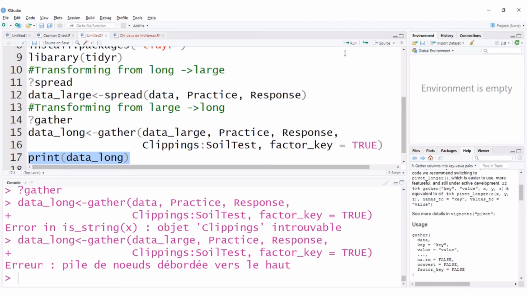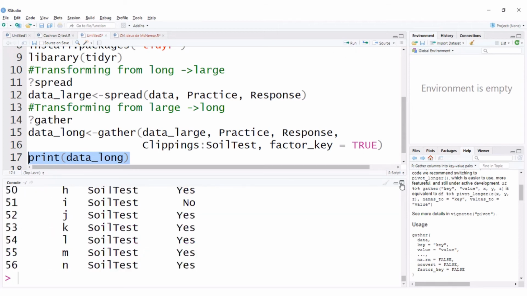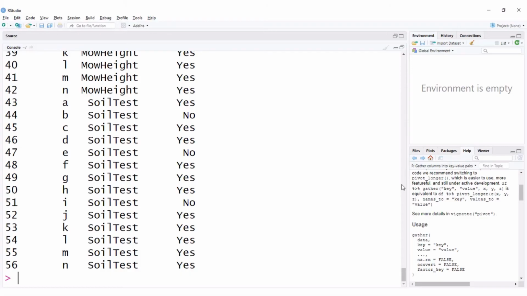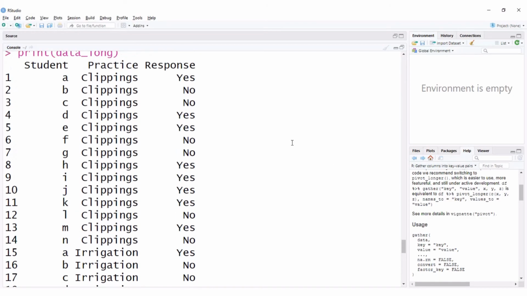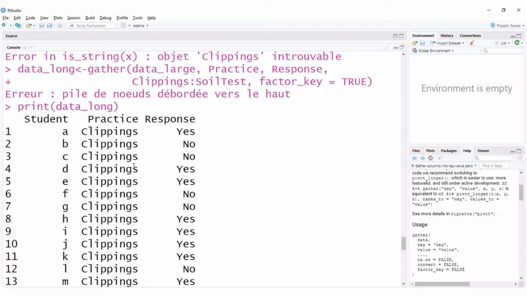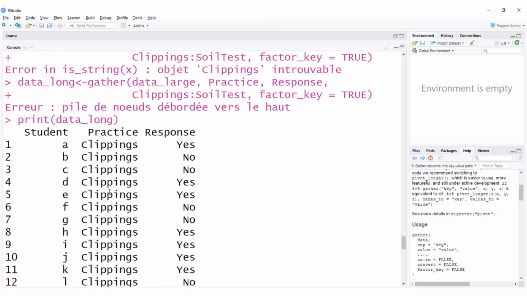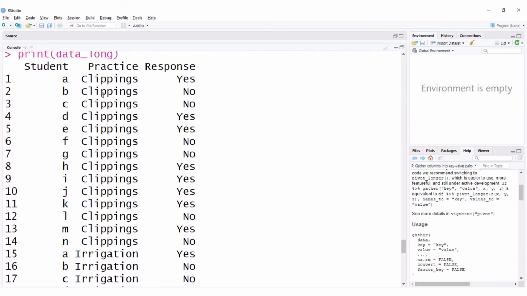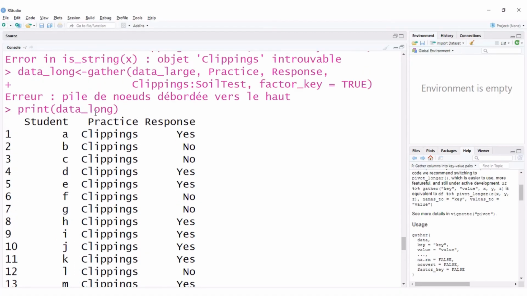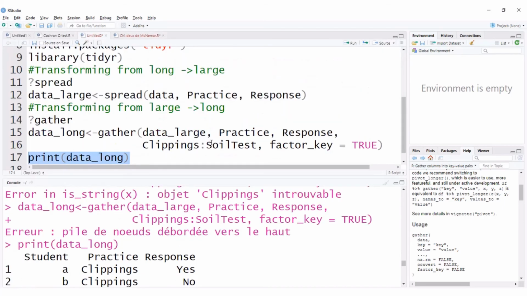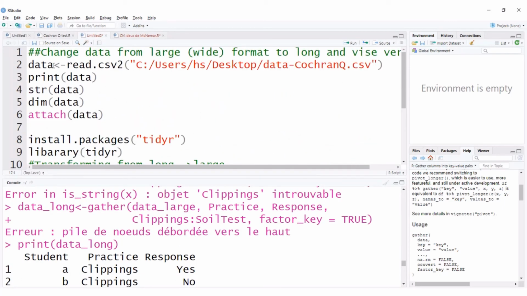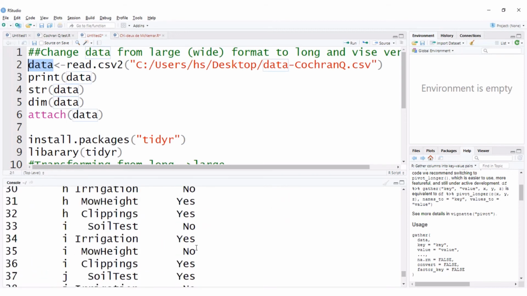You see your large data set loaded here. So you see that right now we've gotten back our long data. However, it has grouped them by practice in alphabetical order. So if you would like to, let's compare with the original data set. You see that the original data set, let me show you. The original data set that we imported